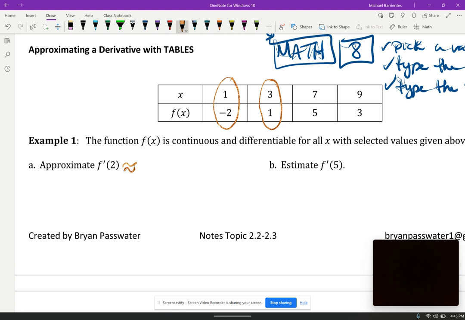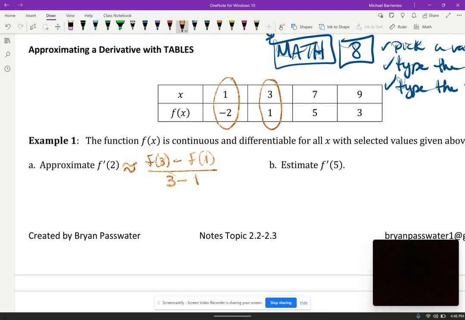difference quotient. Remember, the difference quotient says subtract your output at 3 minus your output at 1, I'm sorry, and then divide everything by 3 minus 1. So I'm using these 2 points close to x equals 2 to find the slope between them, and I'm going to say that's a pretty good approximation for the actual slope of the tangent line or the derivative value at